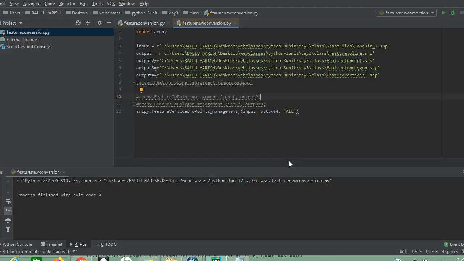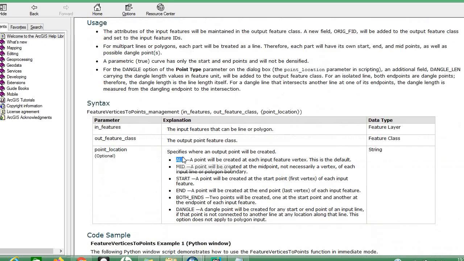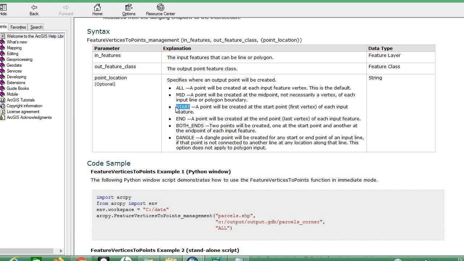Next, I will show you the same thing with start. I will maintain it as start.